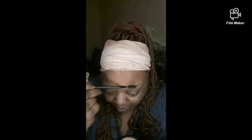Wow. Okay, so this is to give you an idea of what I mean. I don't sweat in the summertime. It can be the hottest. Now I'll get irritated because it's so hot outside. Yeah, I'll get irritated, but I don't sweat. See, I have dry skin, but it's okay. So I'm gonna be